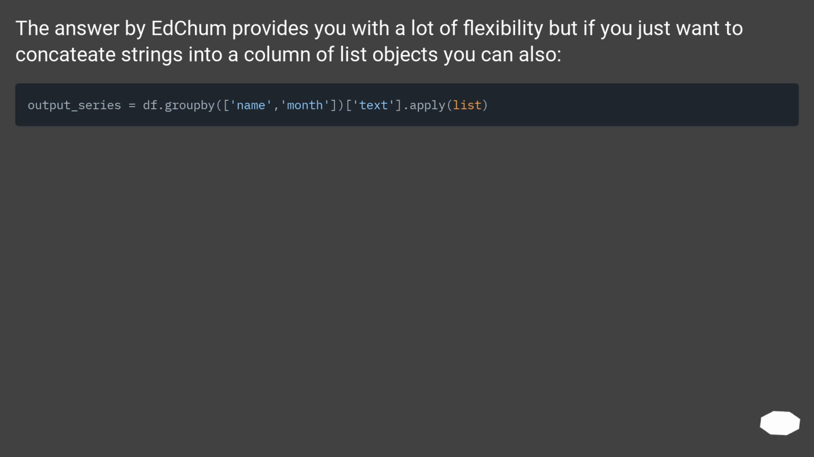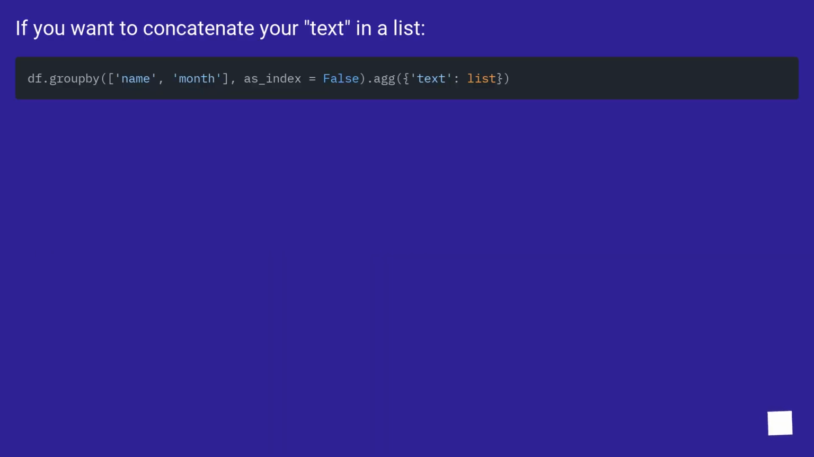The answer by Etchum provides you with a lot of flexibility, but if you just want to concatenate strings into a column of list objects you can also. If you want to concatenate your text in a list,